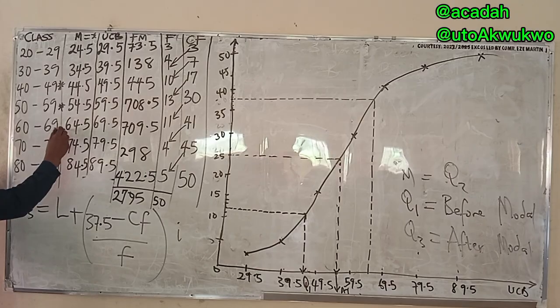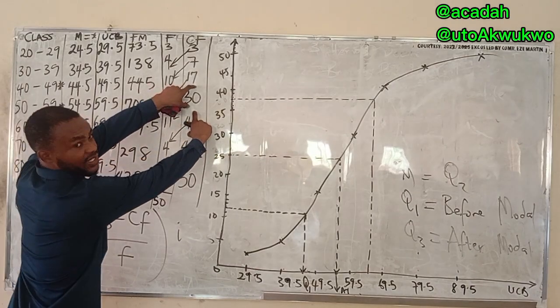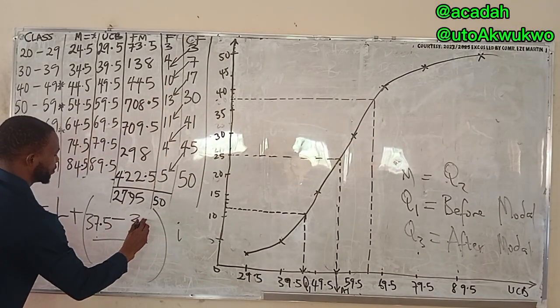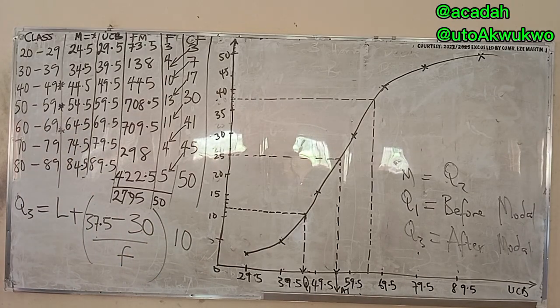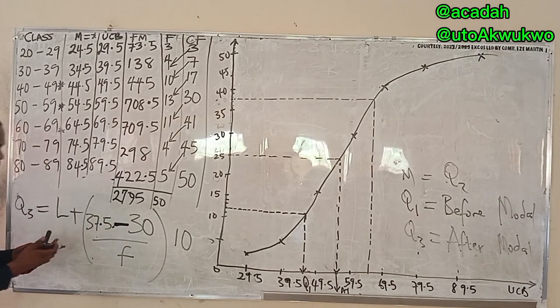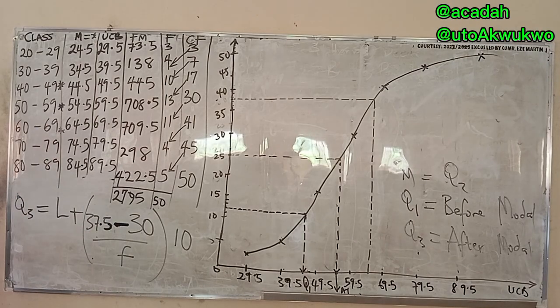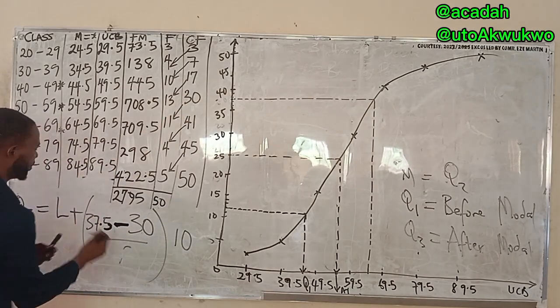So if I've noted this, I'll now check what is the cumulative frequency before this class, and the class interval. So there are many shortcuts in this course. If you learn this course very well, shortcuts are plenty. That is why I tell students, when it's maths of statistics, you have many shortcuts. Maybe you don't need to be solving anything yourself. As you progress, you will be solving. Now the frequency for this class.